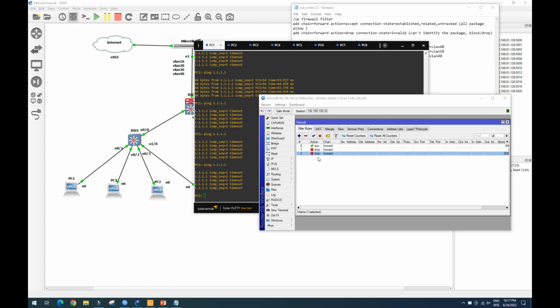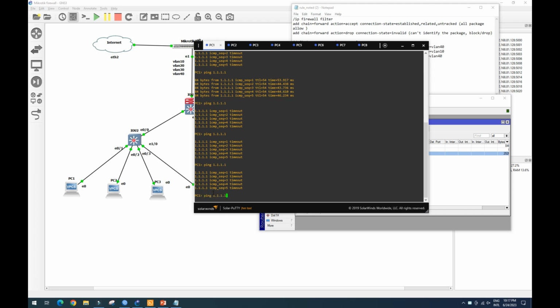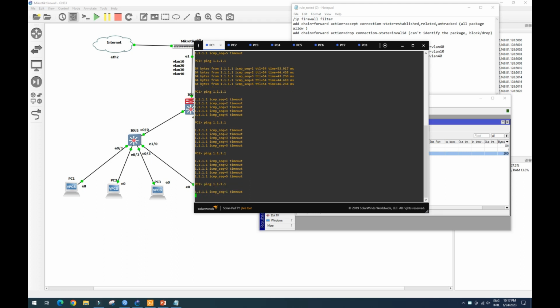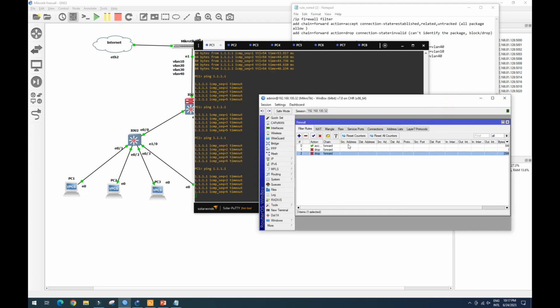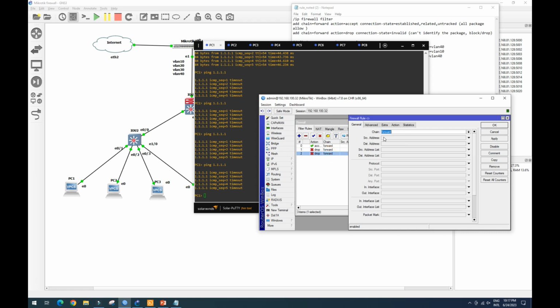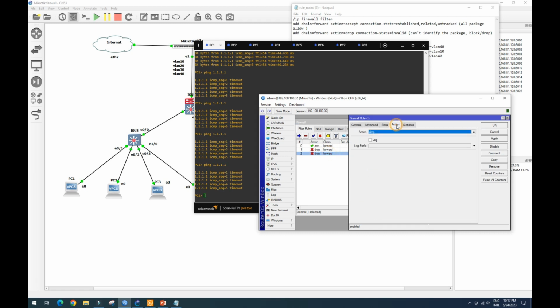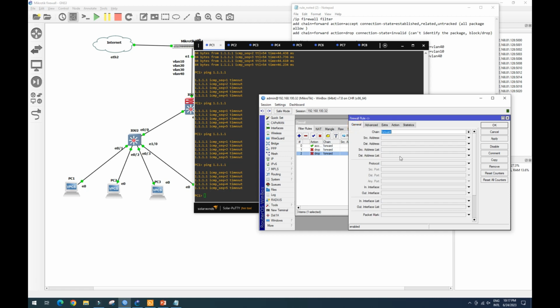So our PC client cannot get to the internet. So let me check. Maybe this rule drops all the packets, our firewall blocks all. So I think maybe we can